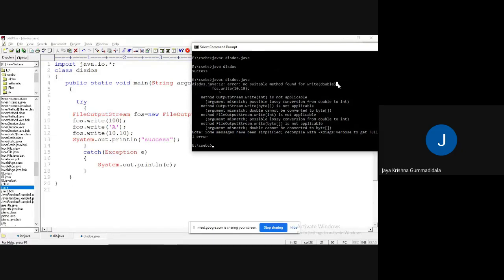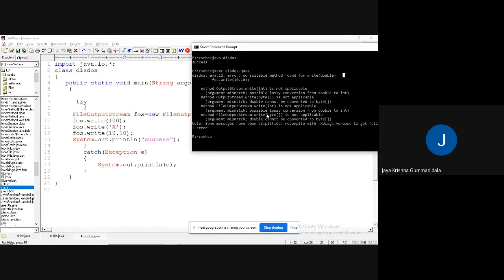This error I have already shown you while explaining the concept of PrintWriter. They didn't define the write method to write double data, or short data, or float data. Observe, if you want, javap java.io.FileOutputStream.